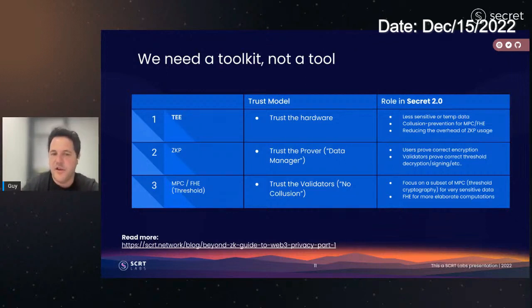And for that reason alone, combining MPC and FHE with TEEs is probably the winning solution. And you also need zero knowledge proofs a bit, but the main components are TEEs combined with MPC and FHE, because TEEs make it extremely hard to extract data from the enclave. Now you've just made it exponentially harder to break the majority of validators in the network. They can't just open a Telegram group and share their data in the clear.